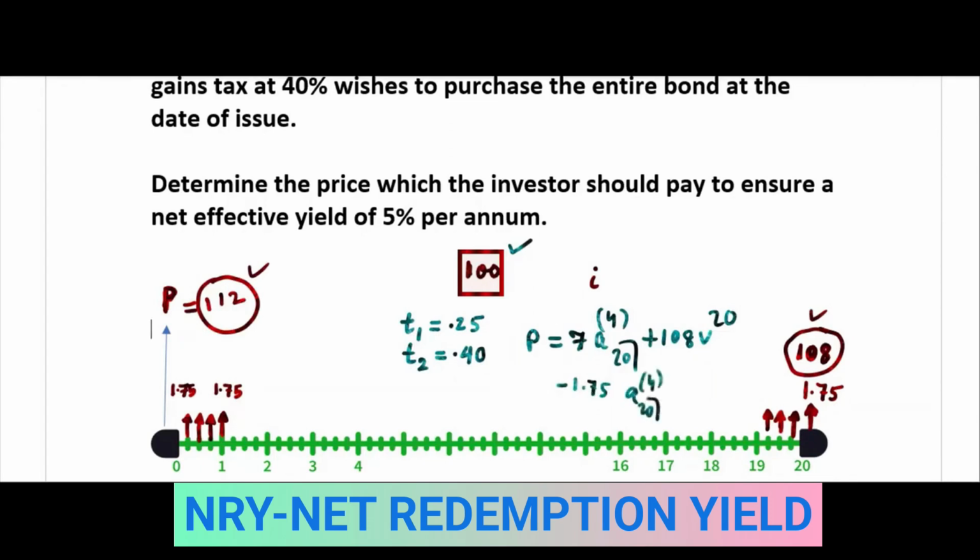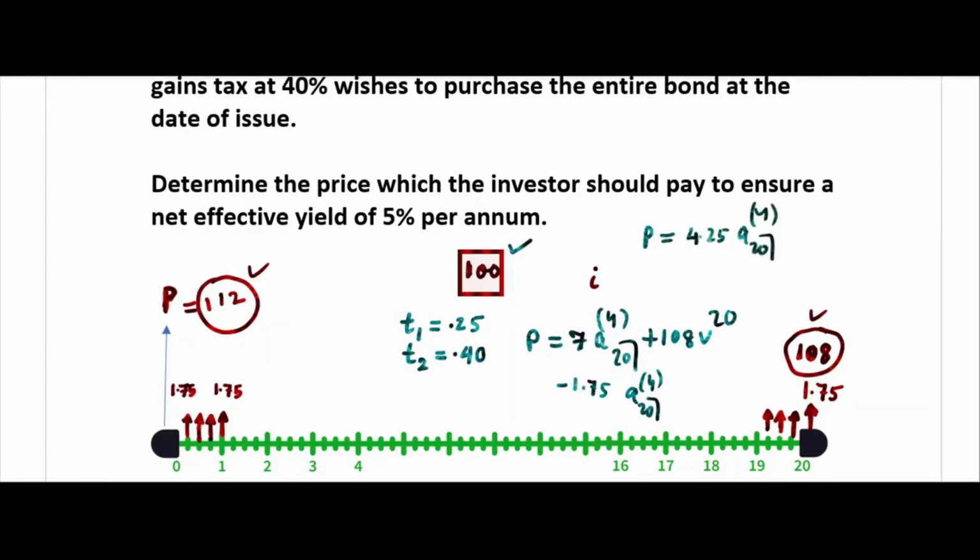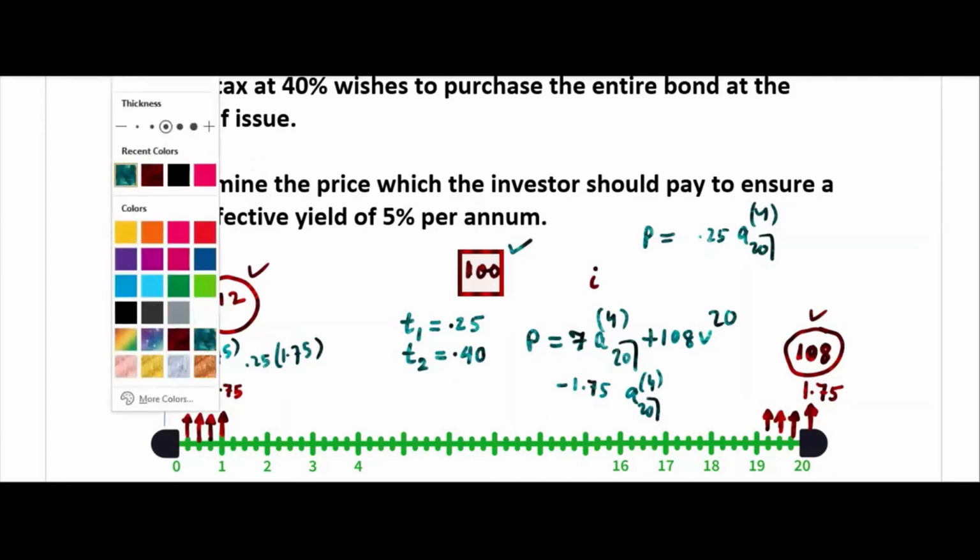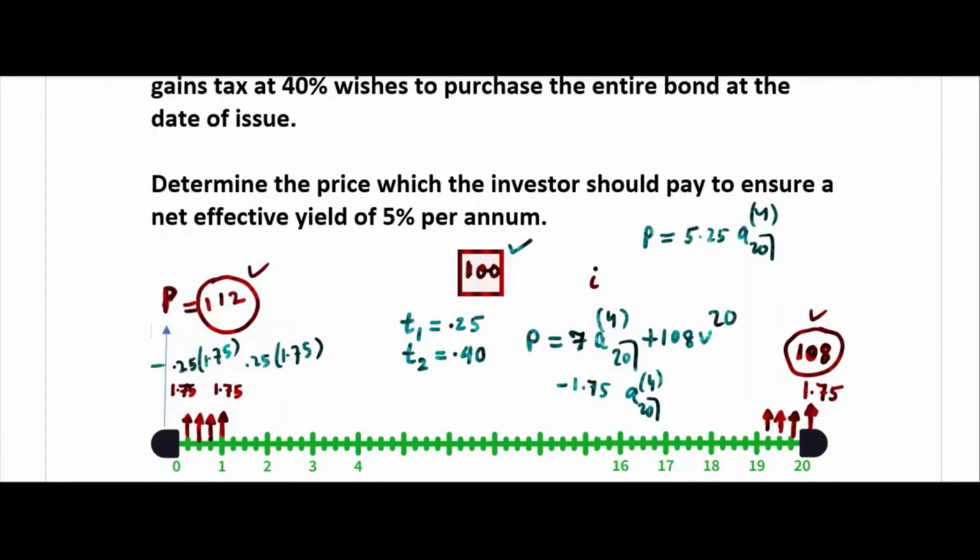This way I can write, or if you want, you can write this way directly. 7, you subtract 1.75. That will be 4.25 A24. You can write this way. What is the income tax? 25%. Whatever amount you get, or you can write 25% from here. 25% of 1.75 minus here also. Sir, yeah, 7 minus 1.75 is 5.25. Okay, I'll change it. 5.25 and 108